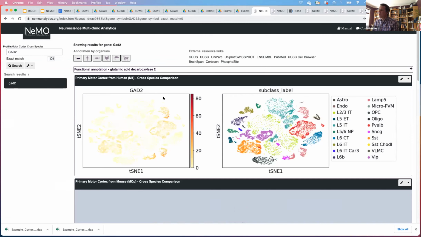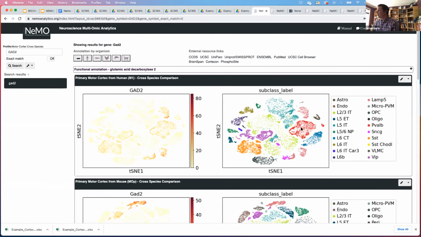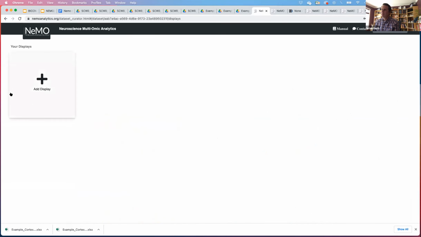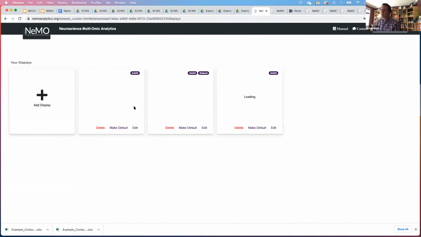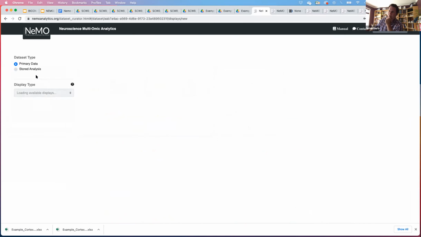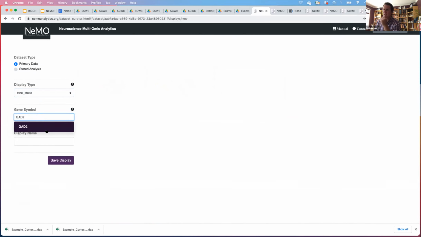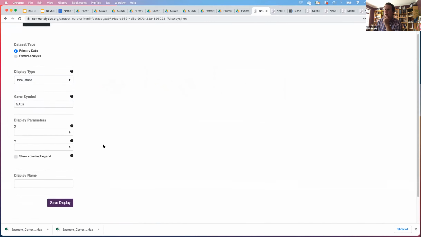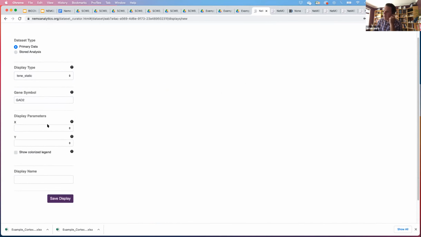So say, for example, we're in the front page right here, and we wanted to make perhaps a violin plot of this. So again, we can go into the curate for a single data set. And as we saw right here, there's already a few different plots that have already been generated. If we wanted to simply add a display, again, this will show a little bit better what I was trying to get to in that last one. Just make sure that that exists. There we go.